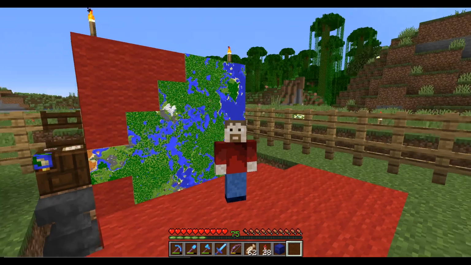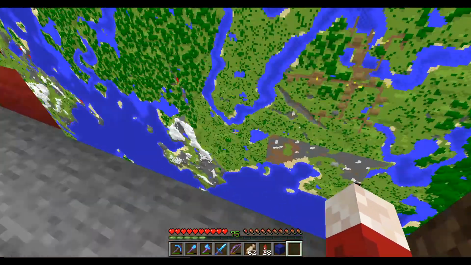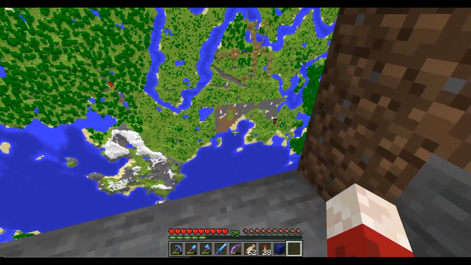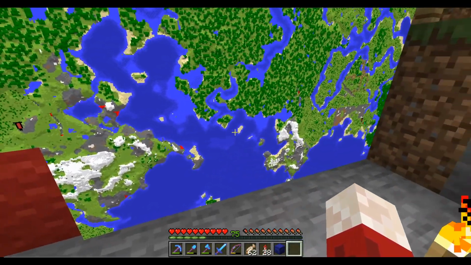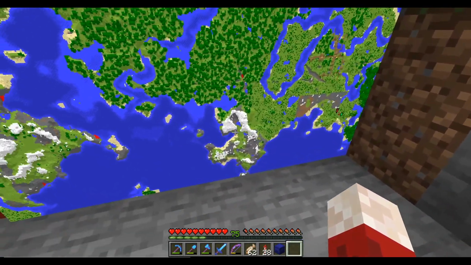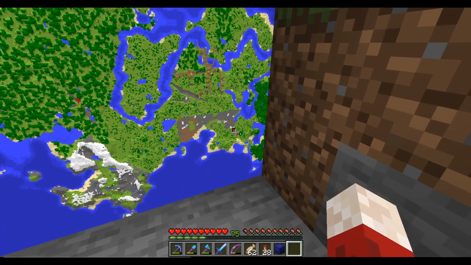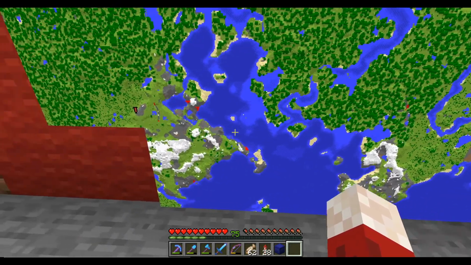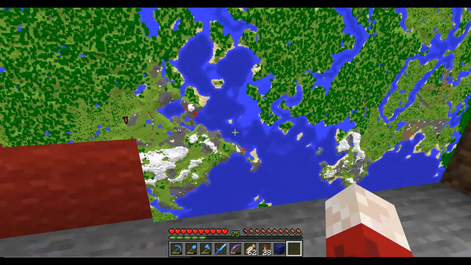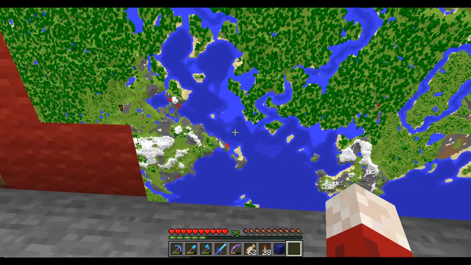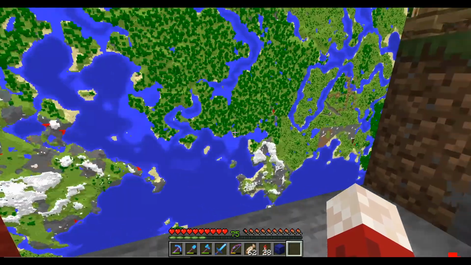So I'm thinking what we're going to do is clear out some of this here. Now I want to make sure that I plan out where this border is, because if I can avoid clearing out most of this land down here, I will. So what I'm going to do next time is plan out where this border goes, and then clear out some of this, lay down some grass to fill in the water, because this is where a road is, and we'll map out where the road is